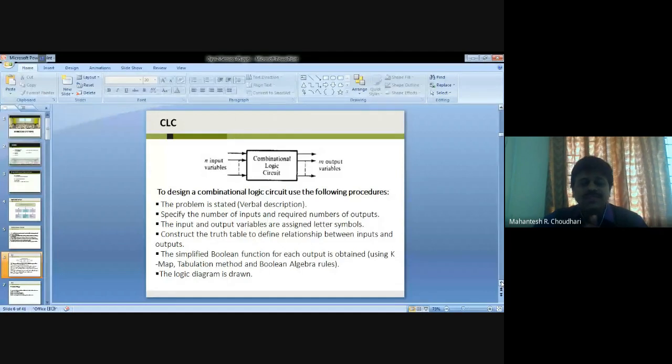Initially, we need a verbal description, that is, the problem has to be stated. Then specify the input variables and the output variables, and the number of inputs and outputs required.